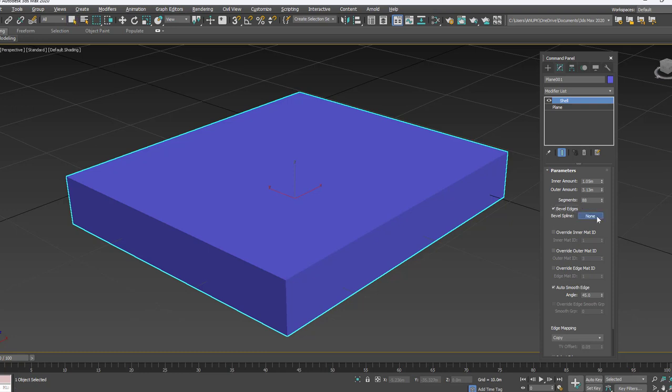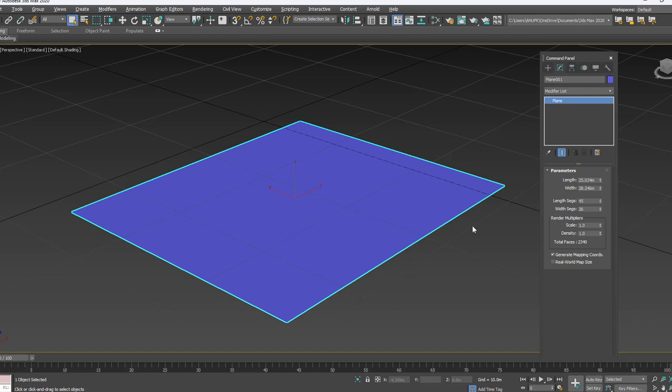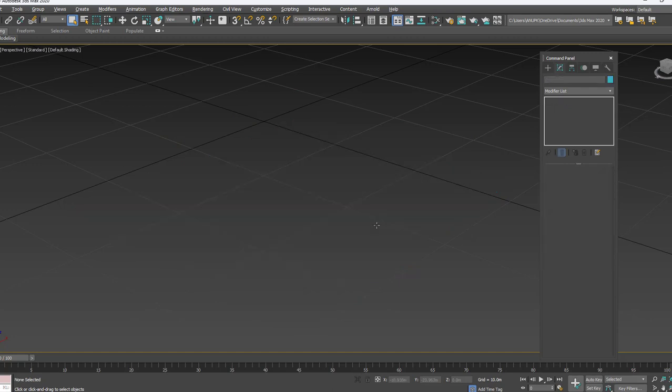Bevel edges, you can just keep the bevel edges if you want. Now deleting this. This is how you can use the shell modifier to give the thickness. Next is